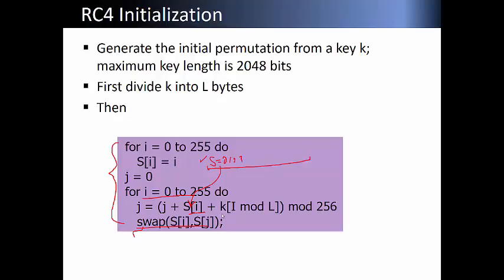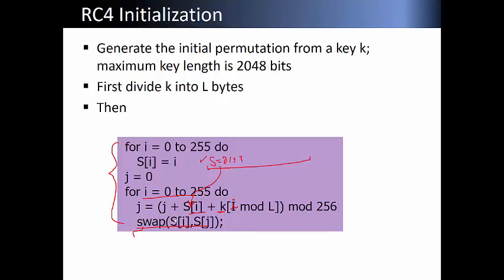And the third one is the key, K[i mod L]. What is L? Something is missing.